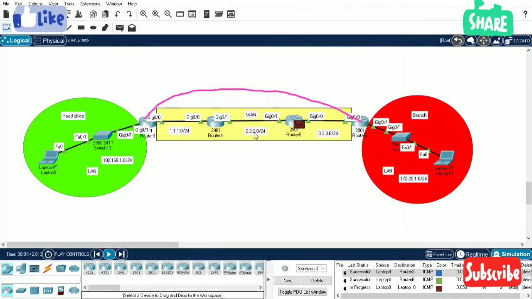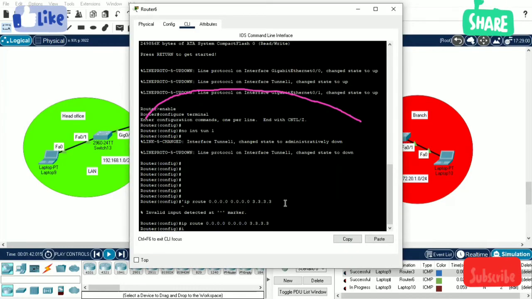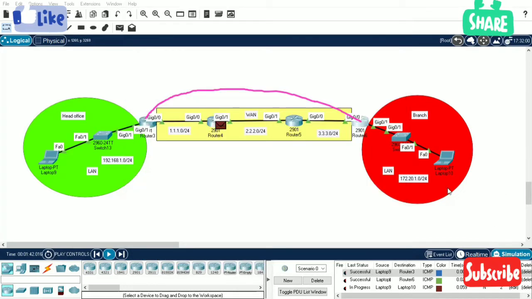Here you can see the loop has still been created. So it might affect our network performance. So I suggest you go with static or dynamic routes. Default route is not preferred.